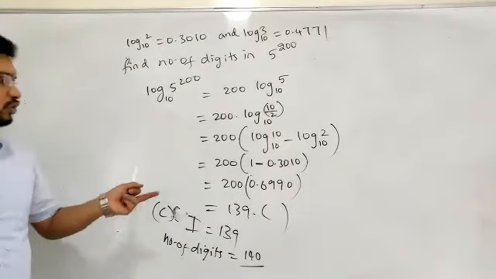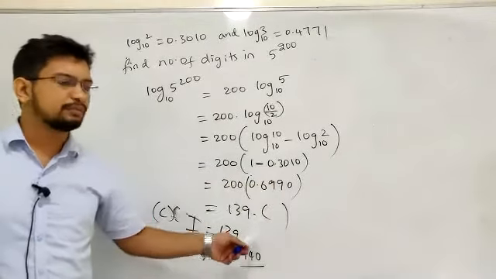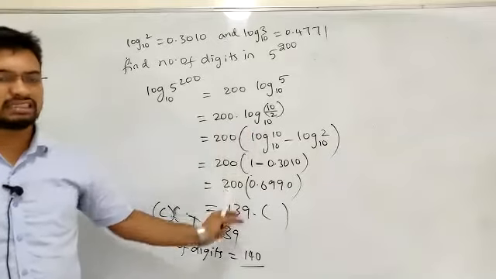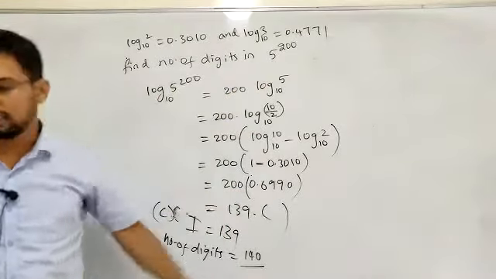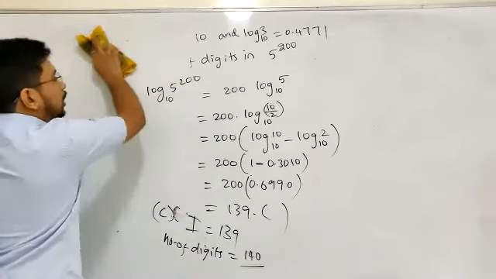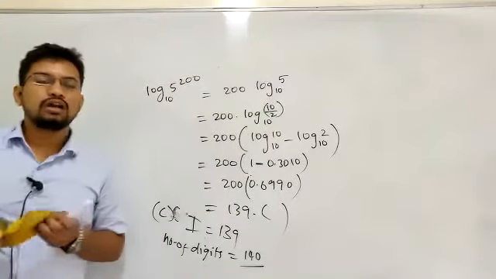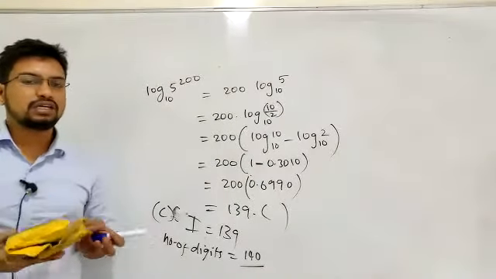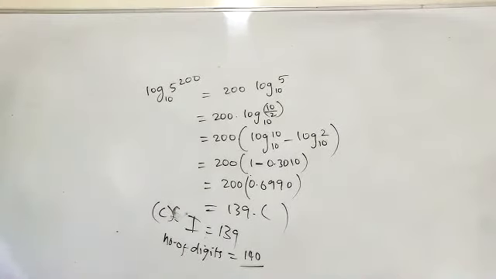So check your calculations. Some people are not doing the calculations properly, so the number of digits comes out wrong. All you need to get is the integer part. So find that value, find the given values. From that you will be getting an integer part. Okay? Hope this is clear. And whatever log 2 and log 3 values I told you, try to remember that. Those are standard values that are used very frequently. Remember the values of log 2 and log 3 always.